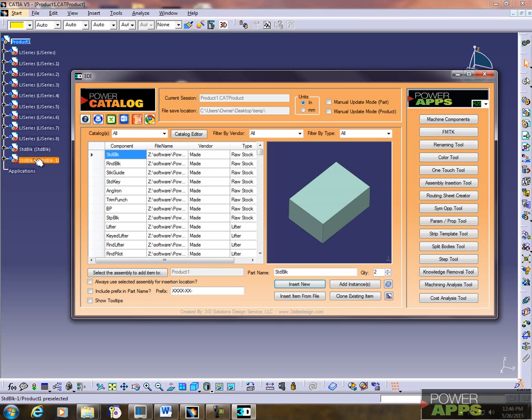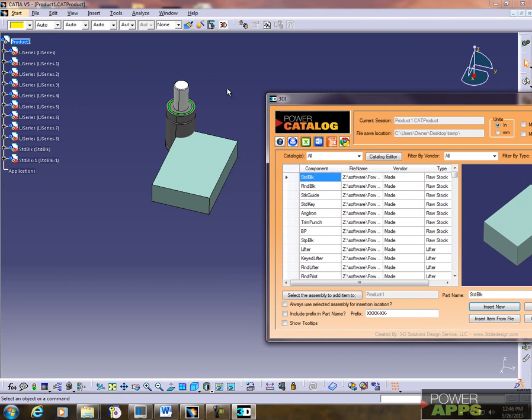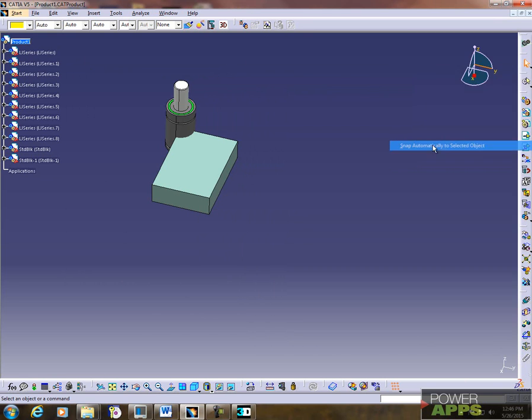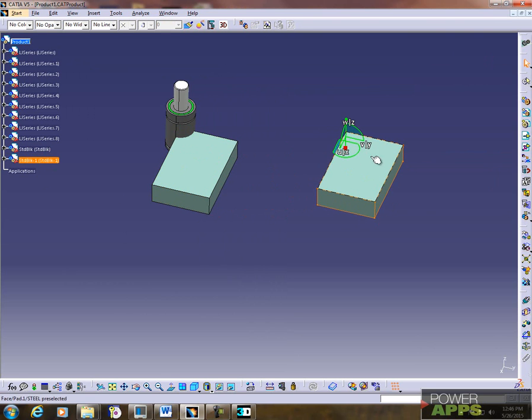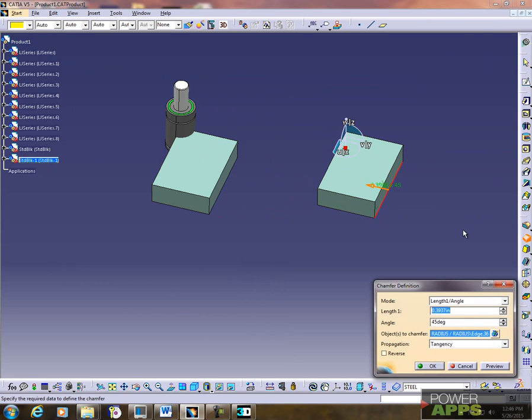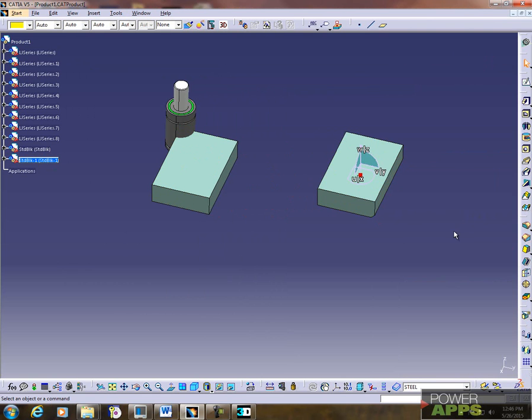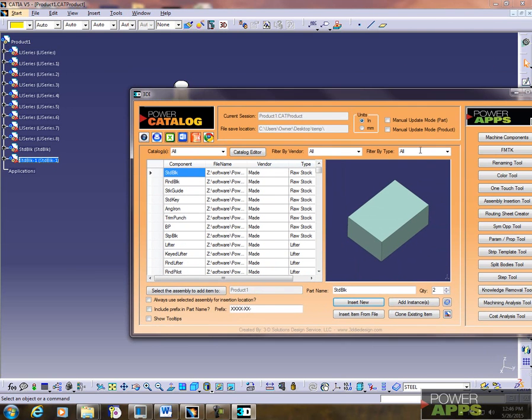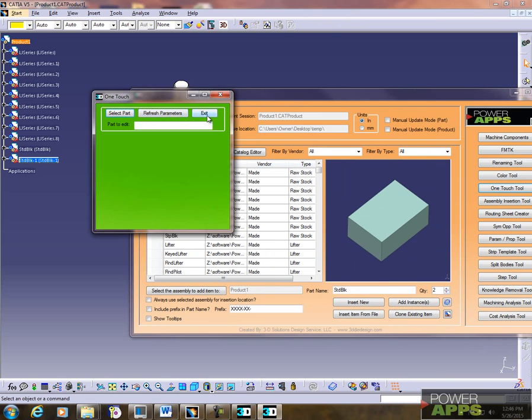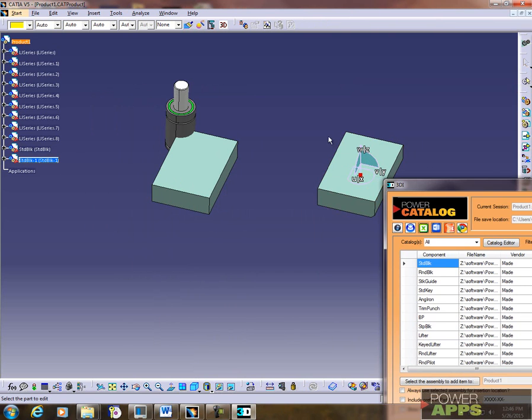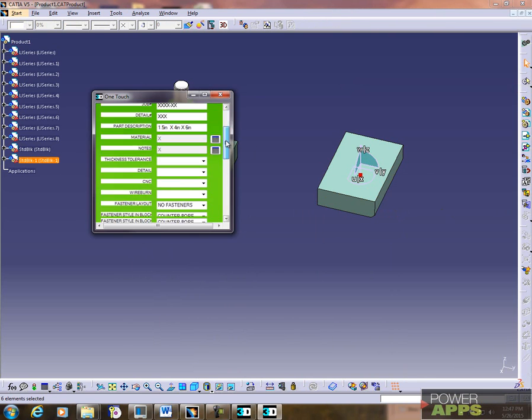So you can see it brings in standard block and standard block 1, and those are unique instances. We'll snap our compass to them, and we'll move one of the blocks off to the side. So say if we went in and we wanted to put a large chamfer on this steel, because it's going to go into a pocket, for example, and maybe we want to turn our screws and dowels on here, we can go into the one-touch tool,